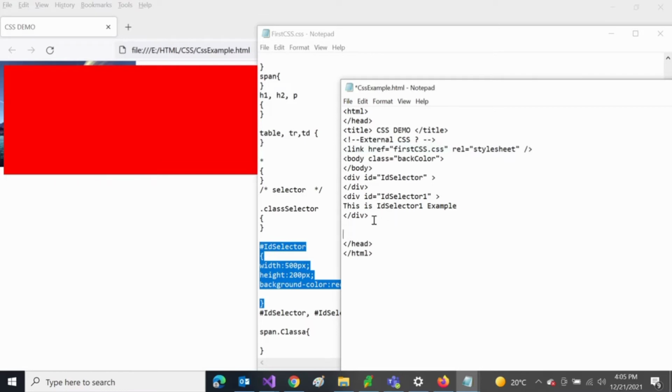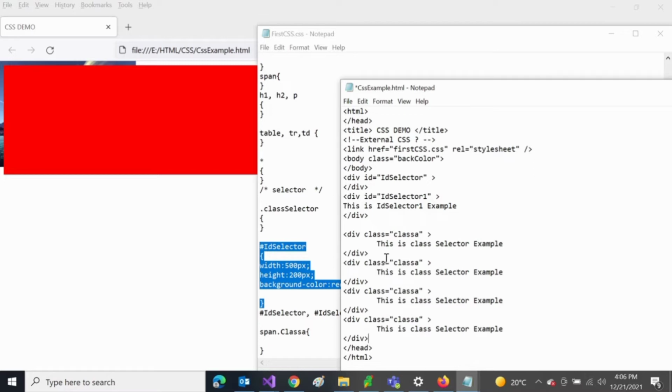So under that div I'm giving you some examples of class selectors with all elements. Let me add class A for a div, another div, and this is the class A example, class selector example. Let me copy this and make two or three more divs to help you understand.